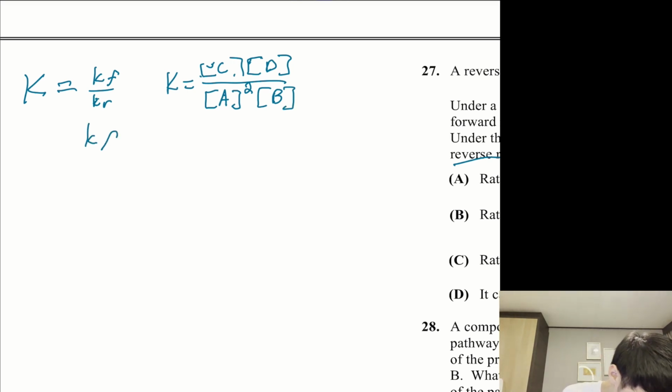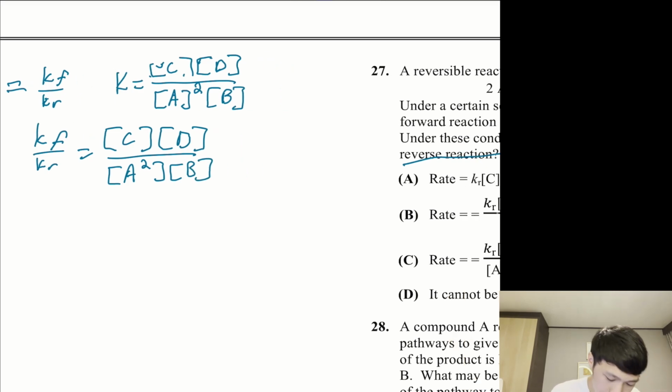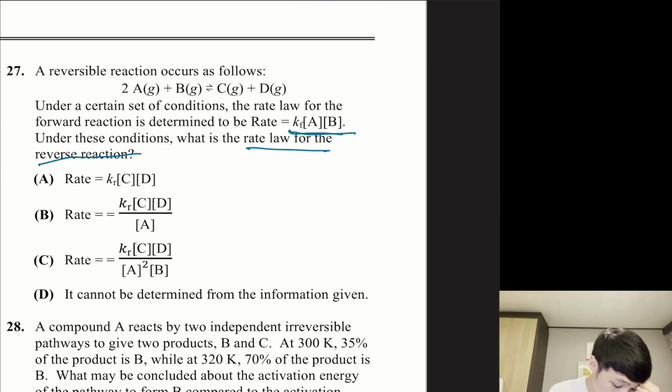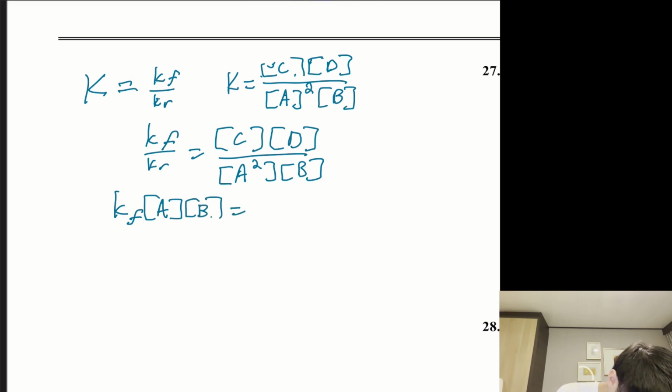So we have Kf over Kr equals concentration of C times concentration of D over A squared times B. Now, we're told that the forward reaction is Kf times A times B. So let's solve for Kf on one side. What I'm going to do is multiply both sides by Kr and AB. That's going to give us Kf times AB, and this is algebraic manipulation, is going to be equal to Kr times C times D